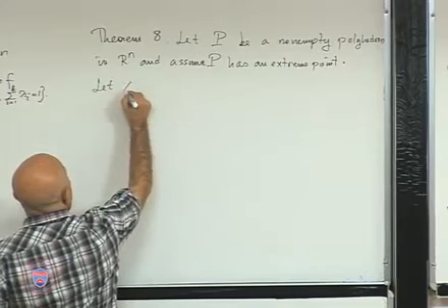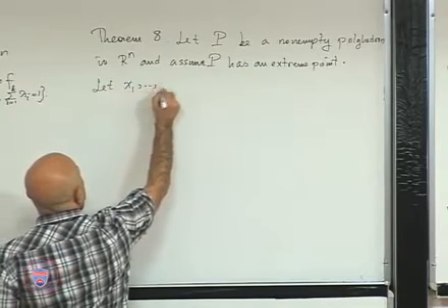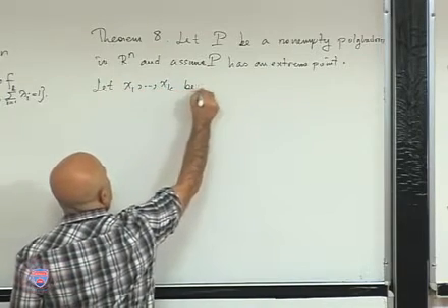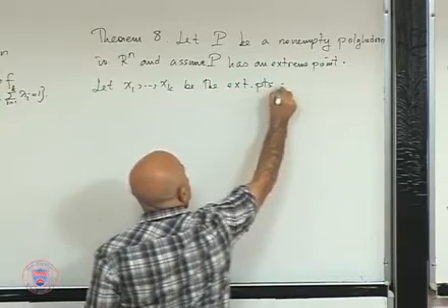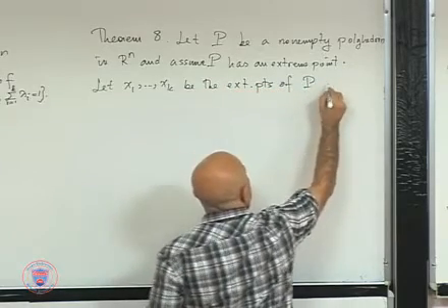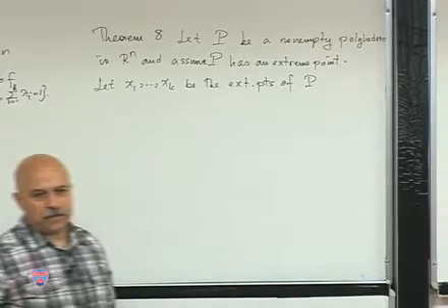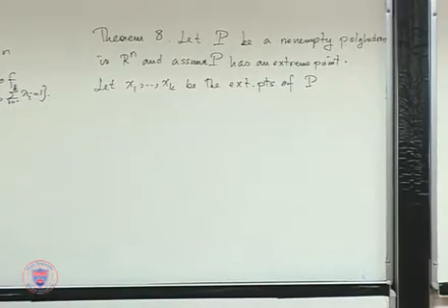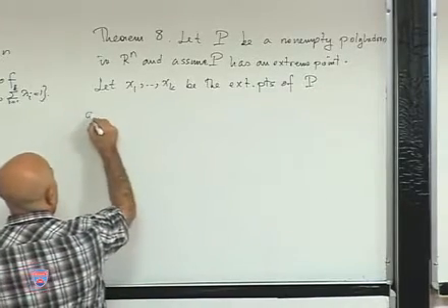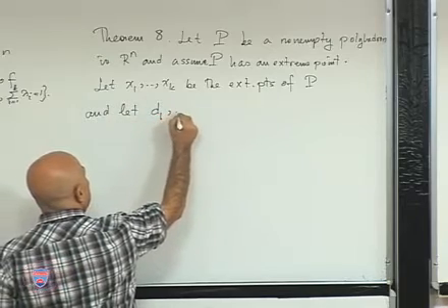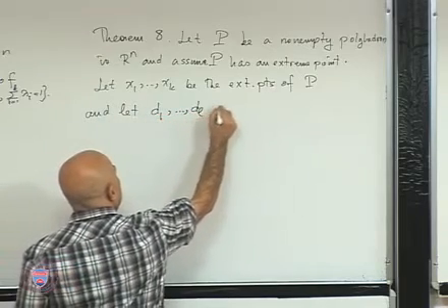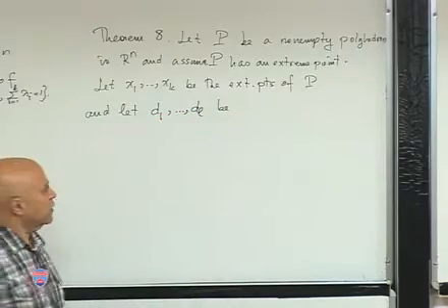Let x1 through, say, xk be the extreme points of P for some positive integer k. And let, say, d1 through dl be the extreme directions